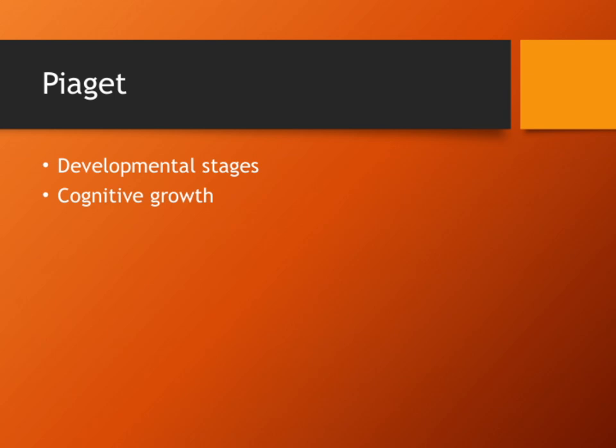These stages are crucial because they help us understand how children's mental processes change as they grow. Recognizing these stages allows educators and caregivers to tailor their approaches to match each child's developmental level, which is essential for fostering effective learning. Throughout this presentation, understanding Piaget's stages will help us appreciate how cognitive growth is a fundamental